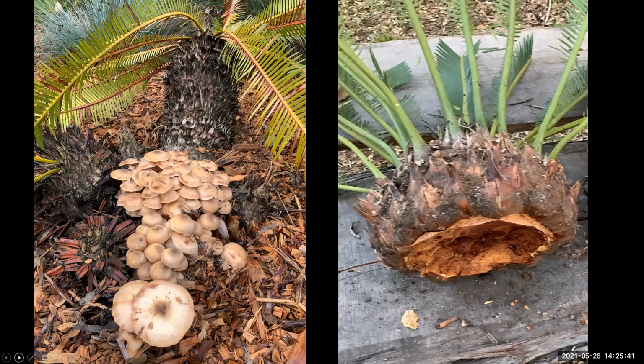It happened previously 20 years ago, so we know what we have to do. And on the right, you can see that poor plant. We had to excise all the infected tissue, and then we will attempt to reroot it. This piece actually is pushing leaves now in a pot full of pumice on a heating pad, so I'm guessing